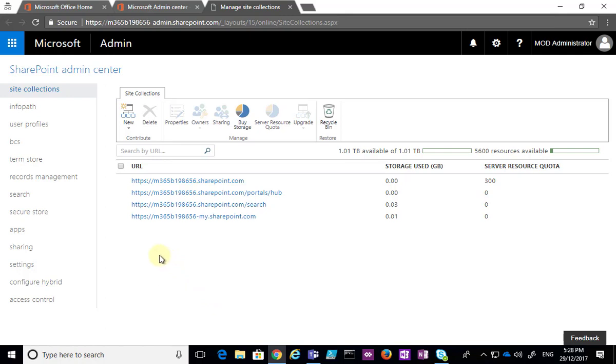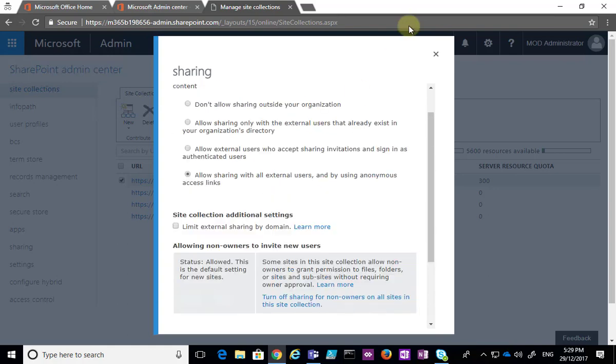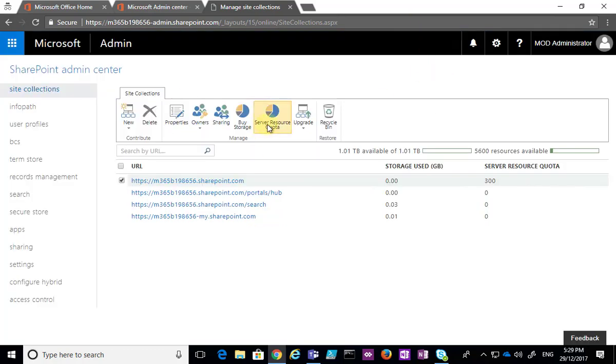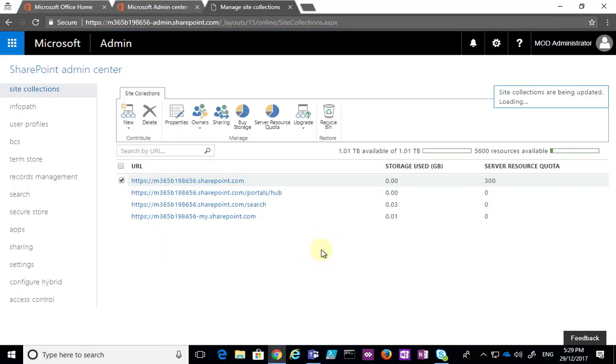Now, to make any changes to an existing site, we simply select that. You'll see that our ribbon then highlights. We could go in, for example, and select the sharing. We could then make changes to the sharing for this site if we wanted to, and we could go in, for example, and change the number of resources. So if we double that and make that 600, for example, and then simply save that, that will then update